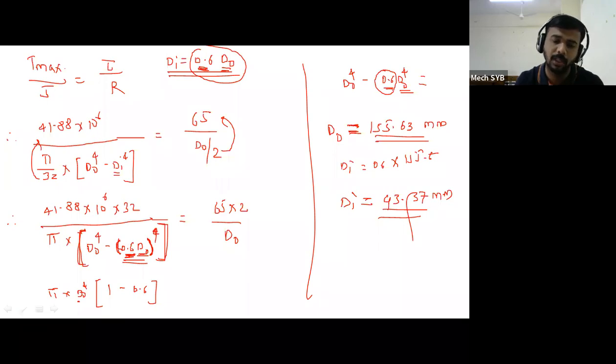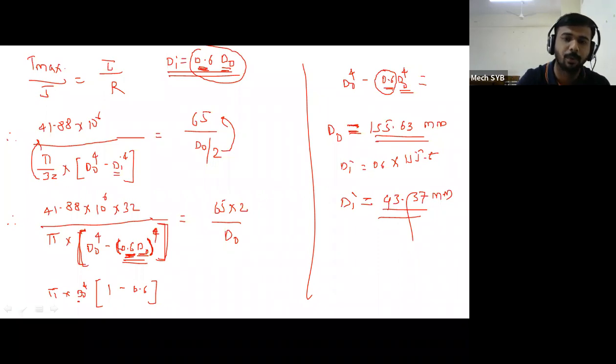Those who have not solved, they have to go for this particular solution and send the answers to me for my verification. Okay, so these are the 3 problems we have solved. In those, the value of shear stress is mentioned, therefore we have solved the problems using the shear stress concept only. Now, if the angle of twist is mentioned in the statement, then how to solve it,